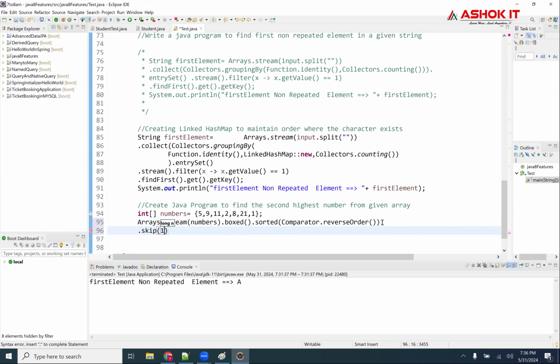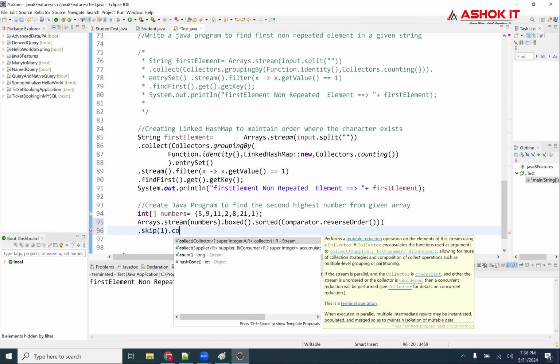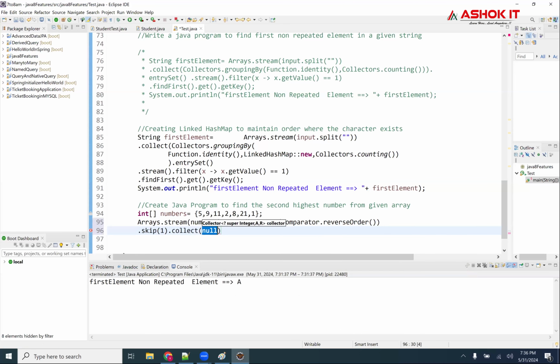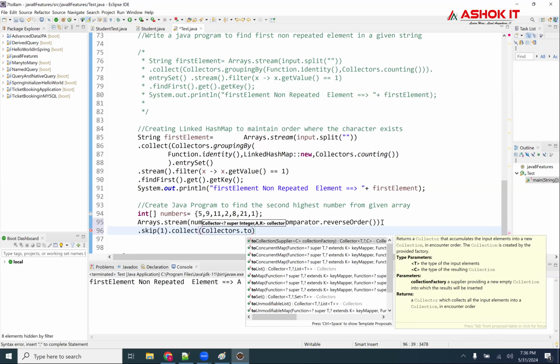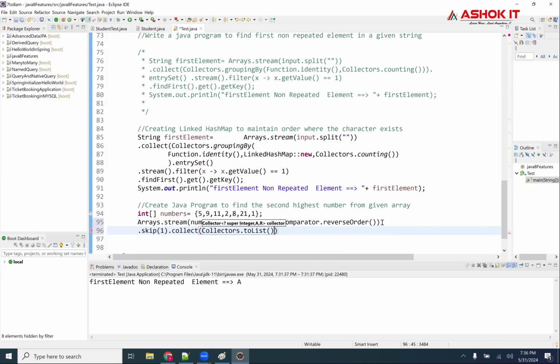Then after that, collect with Collectors.toList. Okay, which is returning me a list of Integer.